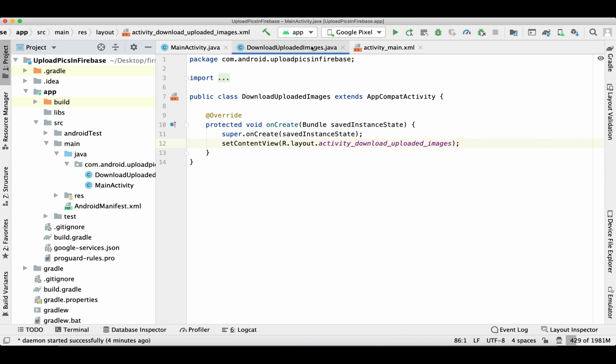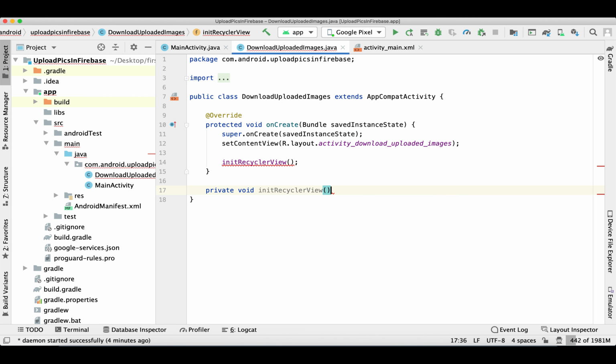Our layout is ready. Now I am simply initializing my recycler view in my activity in a separate function. This step we have done several times in my past videos.